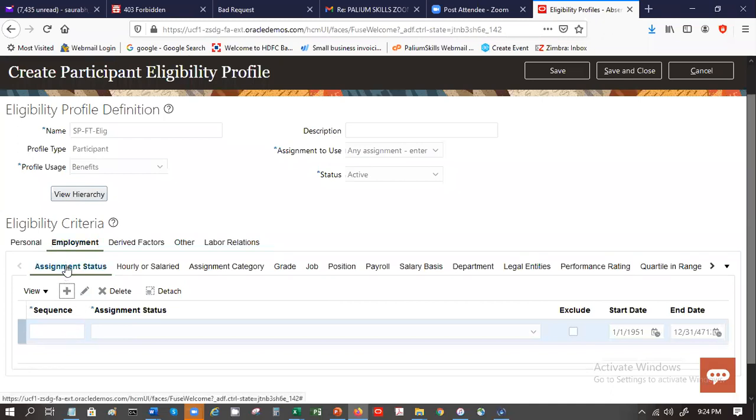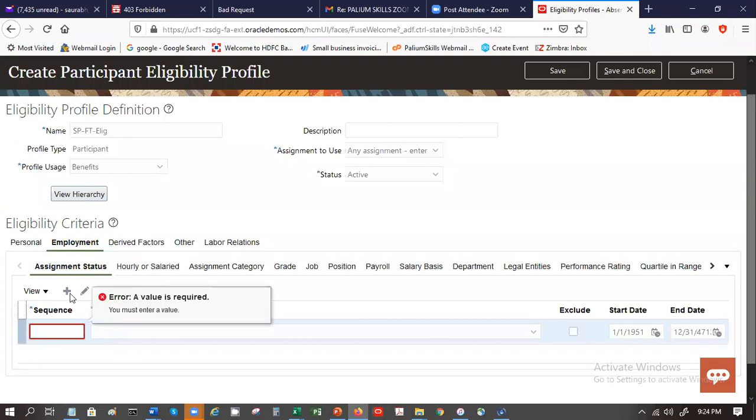Okay, if it is based on assignment status, I will choose it here. If it is based on hourly or salaried, I will click here. Then I will choose the plus. If it is assignment category, I will choose there. And I can choose multiple options here to determine my eligibility. Okay, so I will say sequence 10.